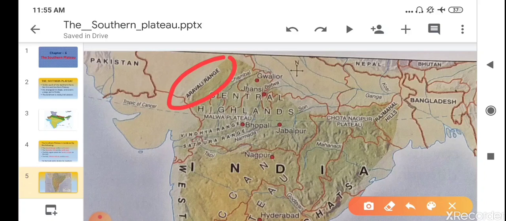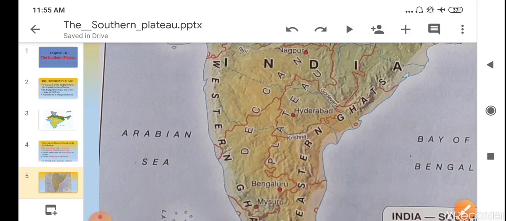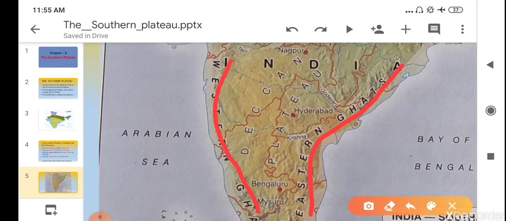In the northeast, it has the Rajmahal Hills, and in the east it is bordered by the Eastern Ghats. In the west it is bordered by the Western Ghats.